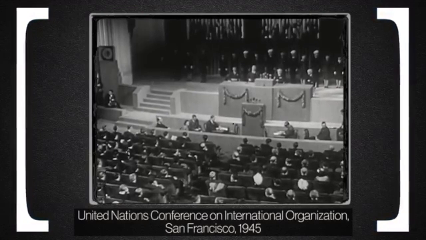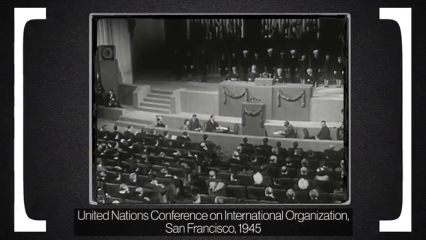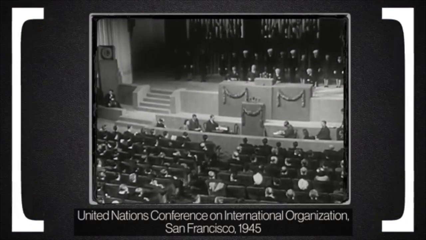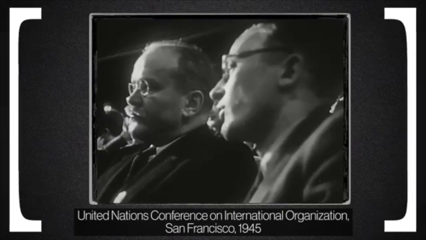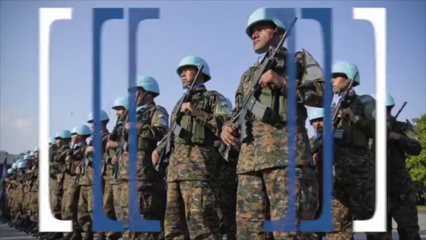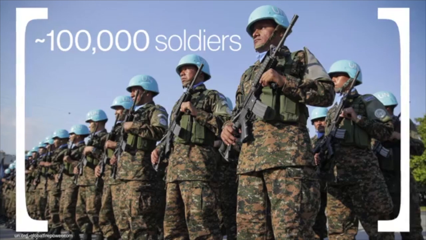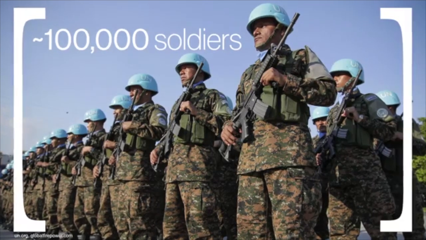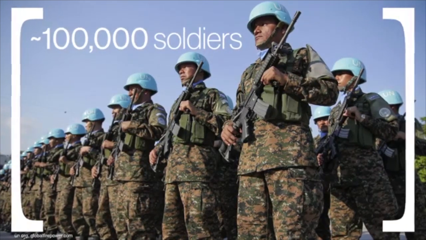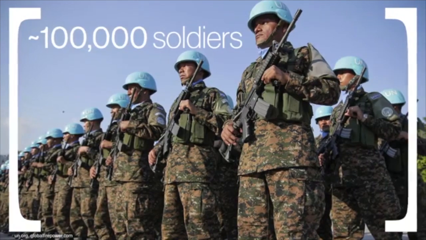The United Nations emerged after World War II with the objective of achieving a global balance of peace between world powers. Today, they have 193 member states, and they have roughly 100,000 soldiers or Blue Berets operating 16 separate peacekeeping missions around the globe. That's about equal to the active manpower of Canada.